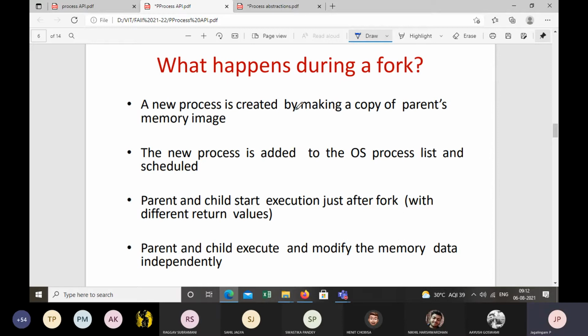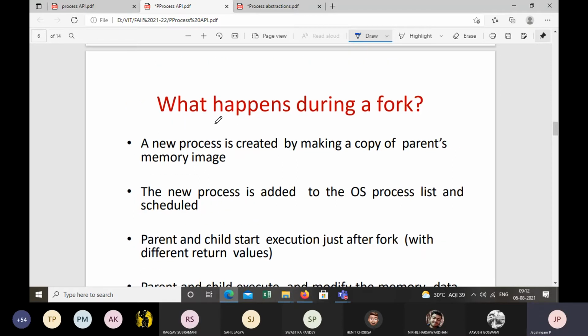Now every process has what? A memory image. Good. Every process will have a memory image, and we know that the memory image consists of code, data, stack, and heap. Are you able to see this figure? Yes, sir. Fine, good.